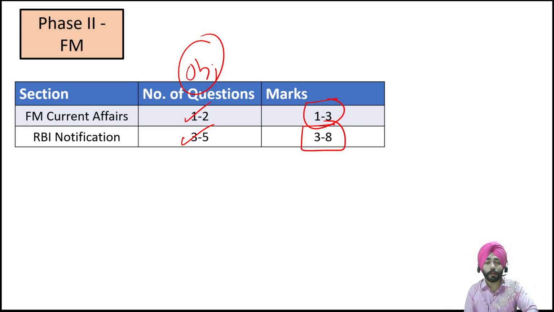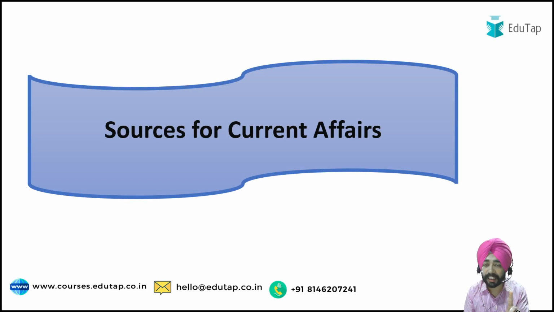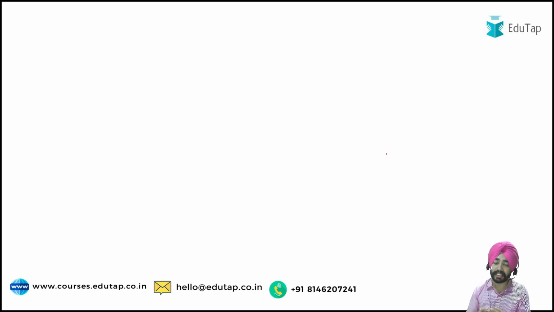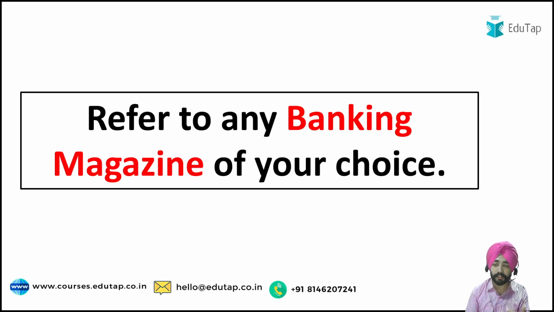Now the most important thing is source picking. So let's first start with the first important component, that is current affairs. When I talk about what could be the best source for current affairs if you are preparing on your own, for GA, ESI and FM, these banking magazines could be helpful. You could refer to any banking magazine of your choice. The important thing is it should be related. You can read a banking magazine, but the point is it should be